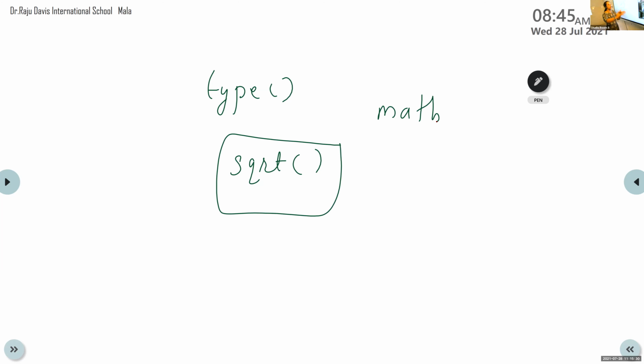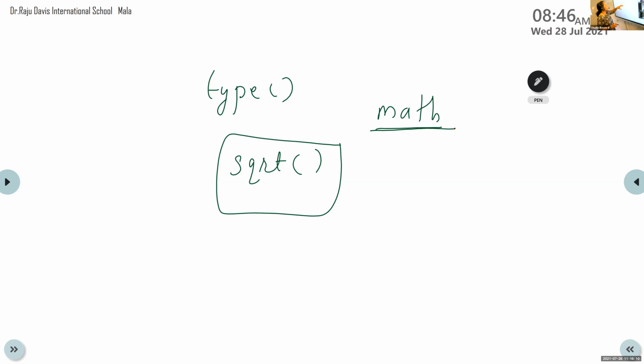In our normal library, the books are divided into different sections. The science book is in one section, the maths book is in another section, the computer book is in another section. In the Python library, there are some modules, and one module is the math module. Under this math module, we use built-in mathematical functions for finding sqrt, floor, power, then sine, cos. These functions are included under this math module. So math is a module used in the Python library.